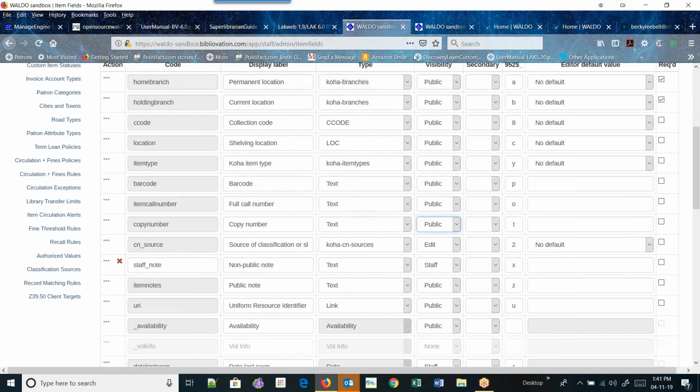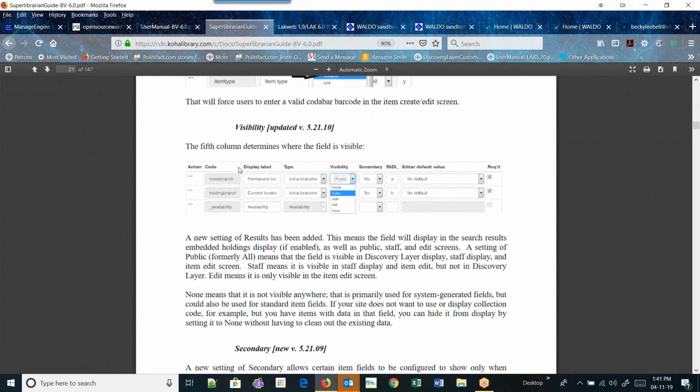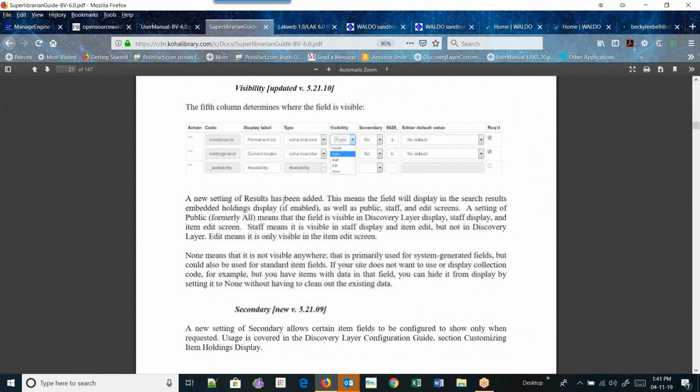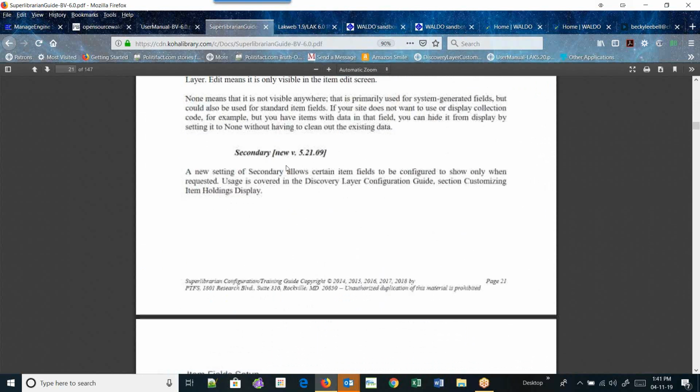Let me look here first. Yes, I forgot the visibility one. Well, no, I talked about the visibility, but I didn't name the field itself. Okay, so the next one is the secondary, and this is a brand new setting that's available in